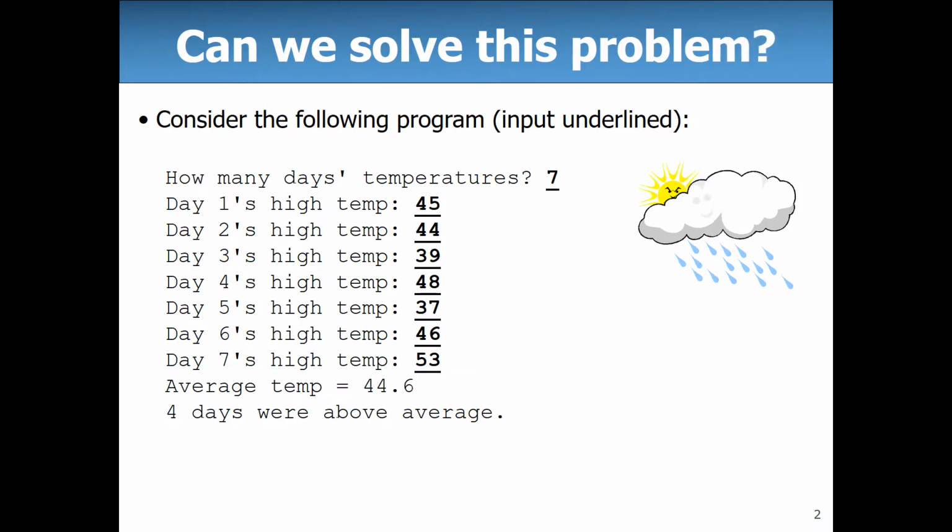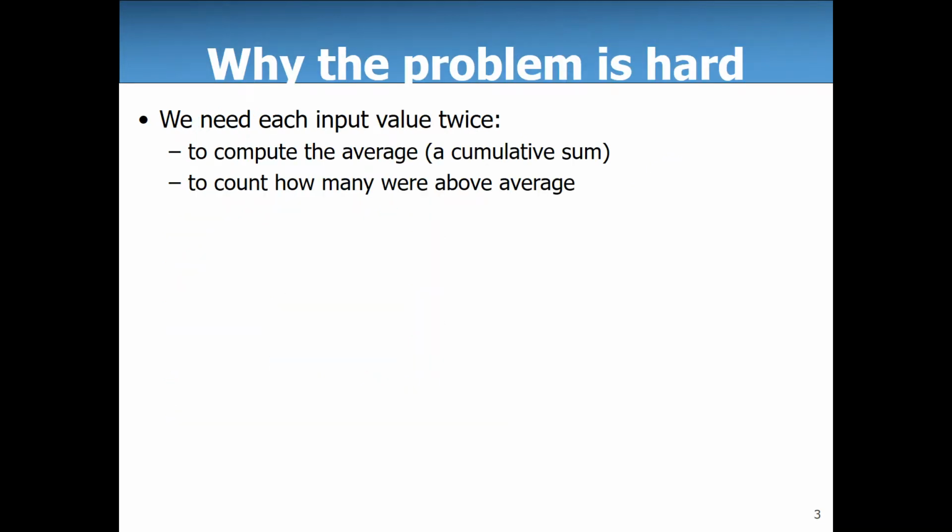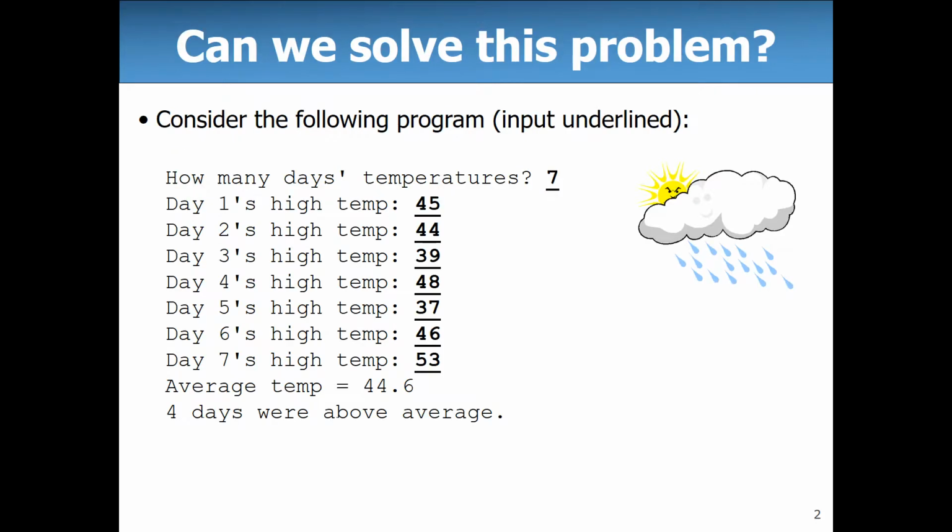Let me get rid of my face. So how many days' temperatures? You want 7 days' worth of temperatures. Enter all 5 temperatures. It calculates the average, and it tells you 4 days were above average. So in order to do that, they needed every single value twice. They needed it to compute the average, right? And once they computed the average, they had to compare all the values